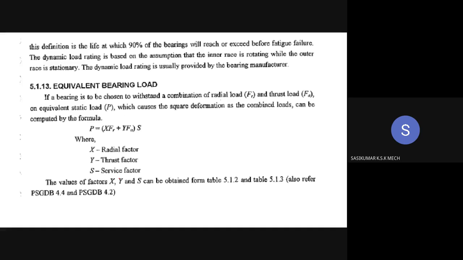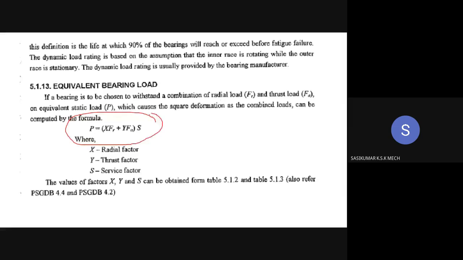Okay, so since you have various loads such as axial load and radial load, the bearing is not subjected to act only on one load. So during the application of load, the load may be either radial in nature or axial in nature. In order to find the equivalent bearing load, you should use this relation. This relation gives you the effect of radial load and the effect of axial load on the bearing.